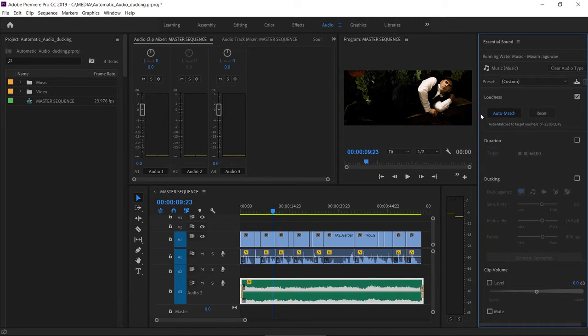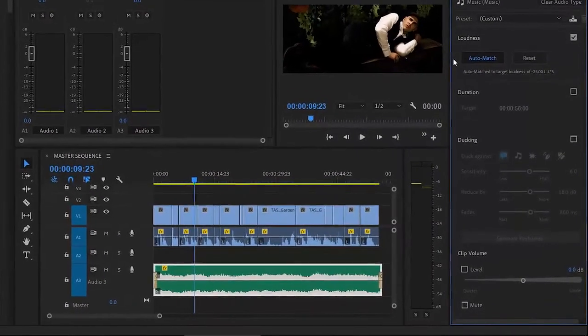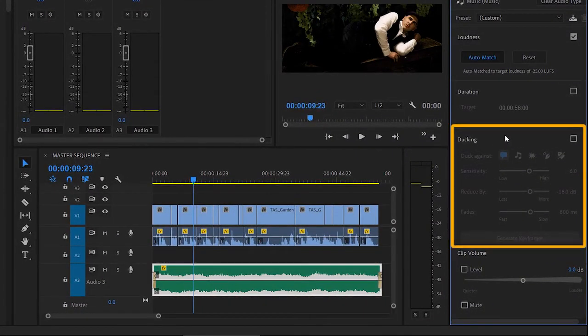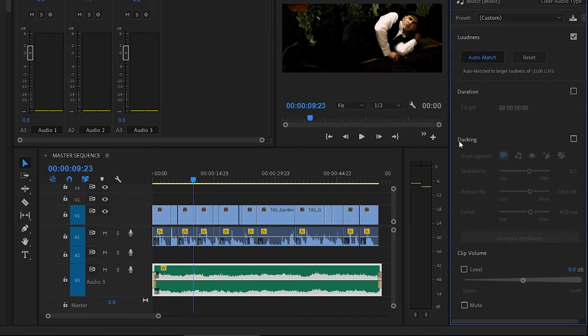Now that we've defined the types of audio that we have in the sequence, we can use the settings in the ducking section of the Essential Sound panel to have the music get quieter every time there's speech. I'm going to turn on ducking, and let's have a look at the options. First of all, we can choose the types of audio that the music's going to get quieter in response to. And you can hover the cursor over each of these icons to choose the types of audio that you want